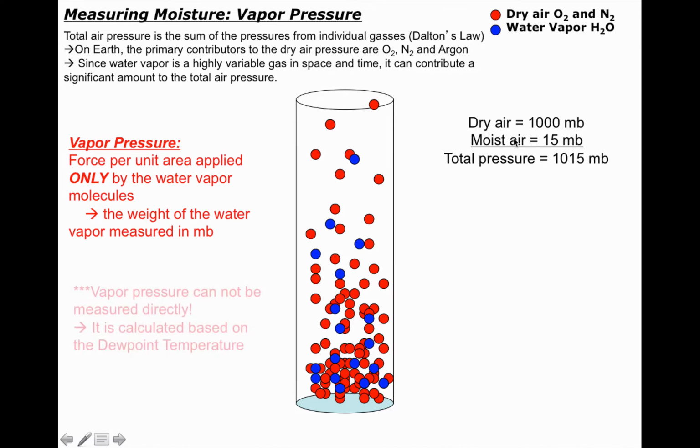How I'm going to find it is by using this term called the dew point temperature, something you've heard a lot about. The dew point temperature can be measured. And what we're going to do is find a relationship between dew point temperature and vapor pressure so that I can ultimately back out that value of vapor pressure. So we're going to come back to that in just a few moments here, okay? So remember, we want to find the vapor pressure, which is the partial pressure exerted by water vapor. But to get it, I got to measure something else called the dew point temperature, a more common term that you've heard.